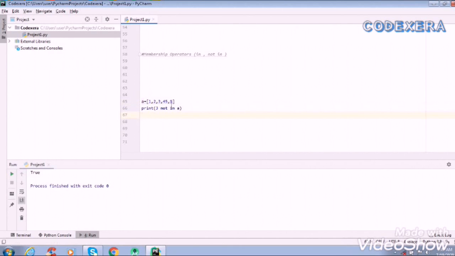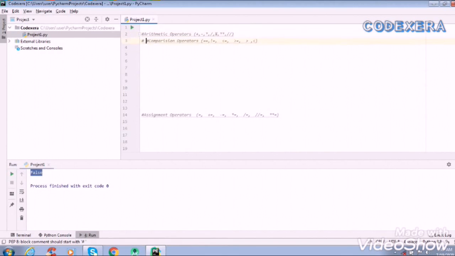If it is not belonging to this, then it will print true. If it is belonging to this, then it will print false. So here it says false, because it says not belonging, but here 3 is already there. So these were all the operators we use in Python.